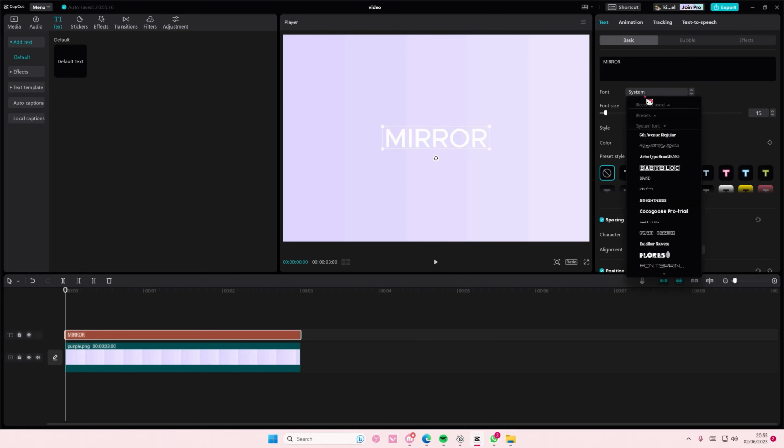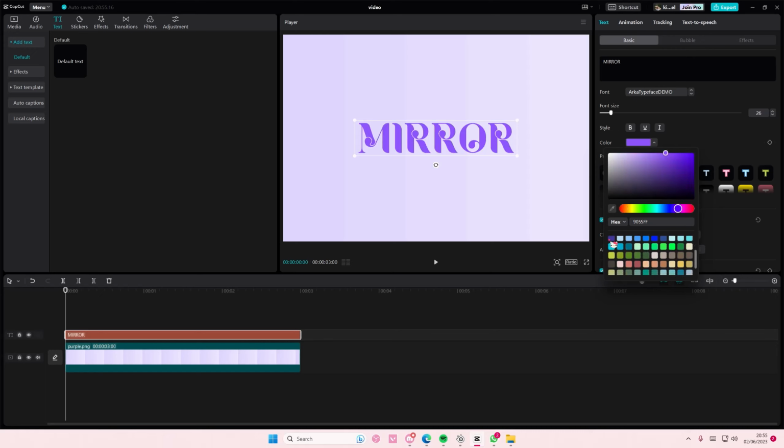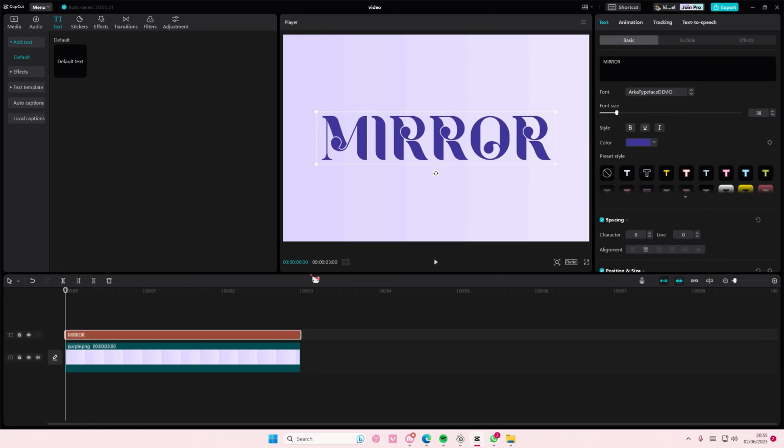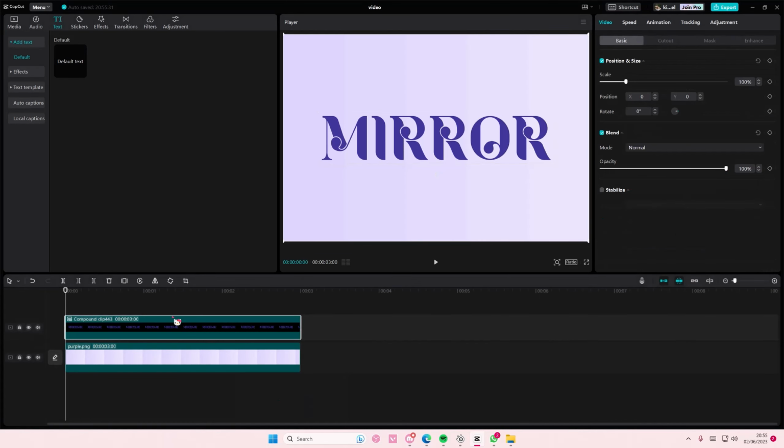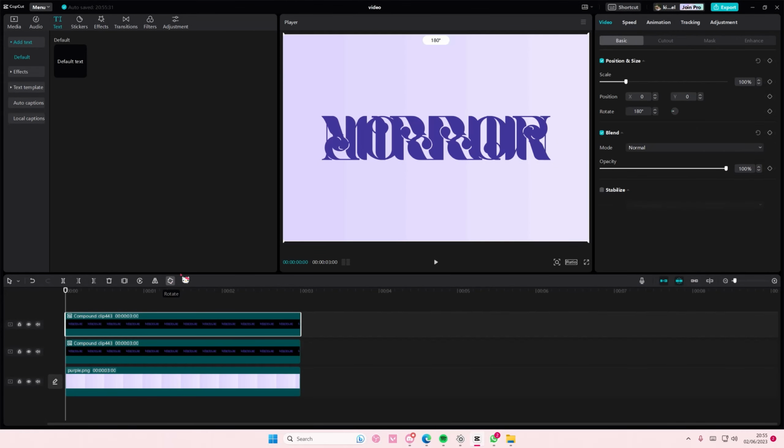You can also change the color here, so just choose the one that you want to choose, of course. I'm just going to adjust the font size like so. Then you're going to right click, create compound clip, copy and paste it, and you're just going to rotate it